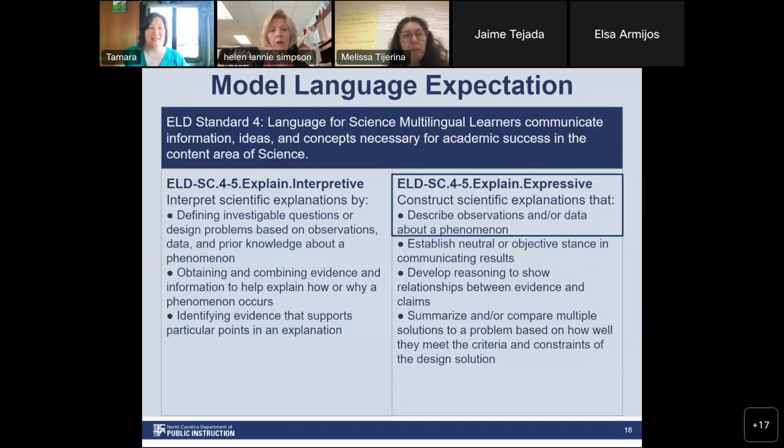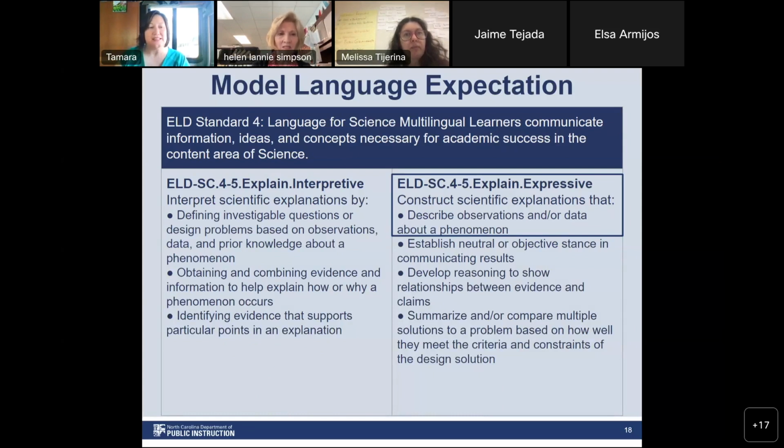And as Tamara's already pointed out, it looks a whole lot like standards from other content areas. So we just want to take a minute, and not to get weeded here, but just a minute to notice the difference. In English language development, we only have 5 standards, but we break those out into these language expectations, which look like everybody else's standards.